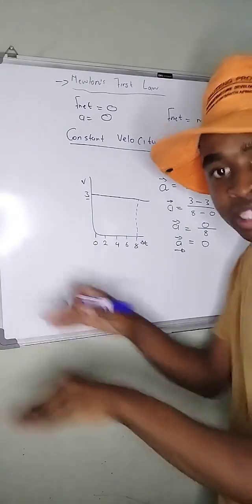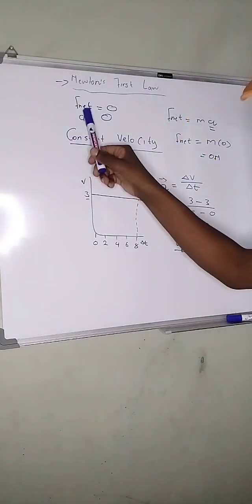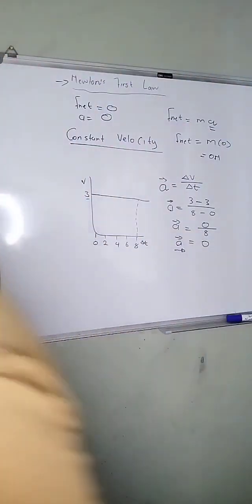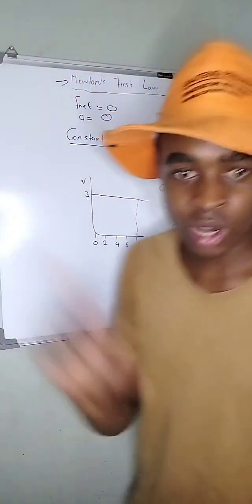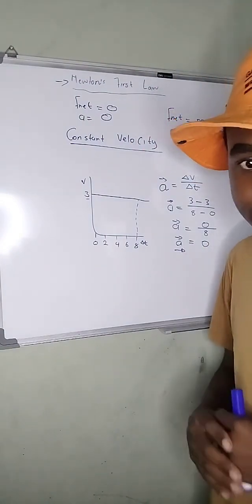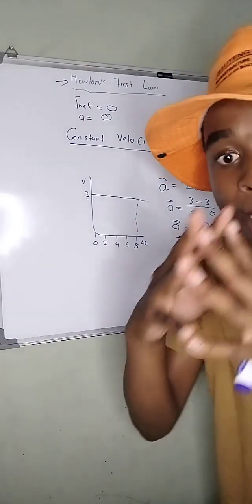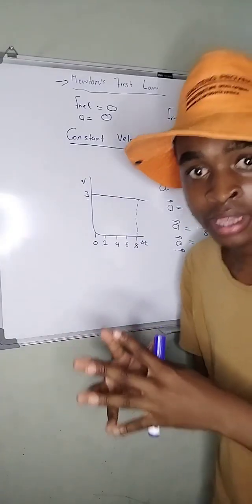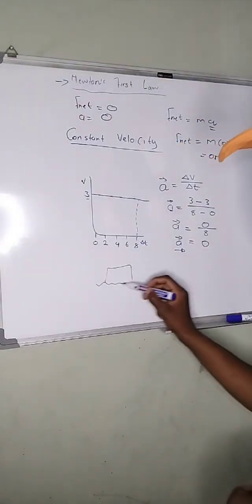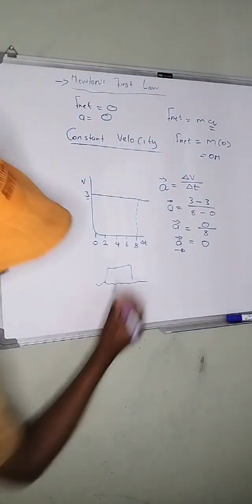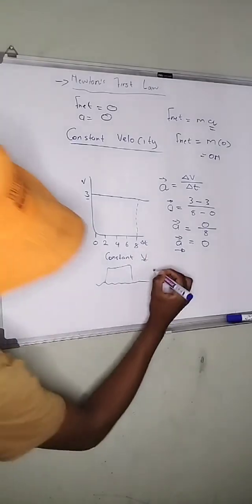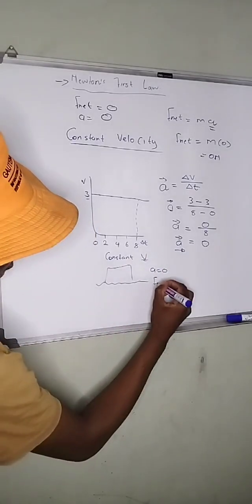What does F net equals to 0 tell us about the forces? Yes, it means all the forces are balanced. You get it? All the forces are balanced. In a nutshell, if the object is moving at constant velocity, it means acceleration is going to be 0